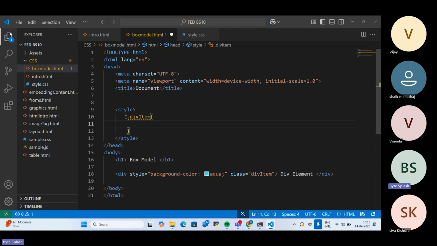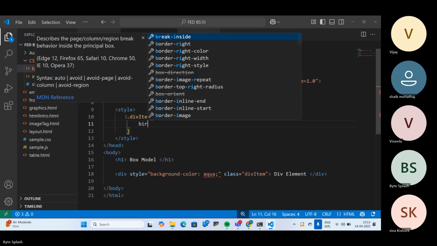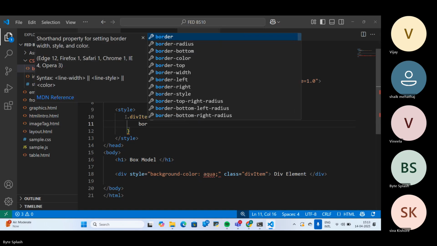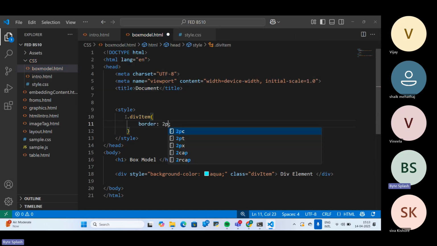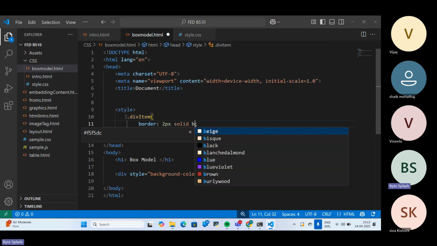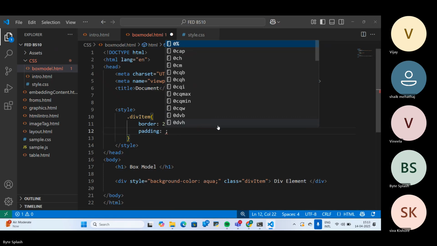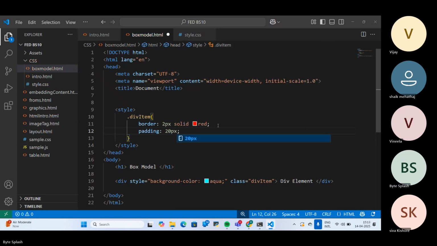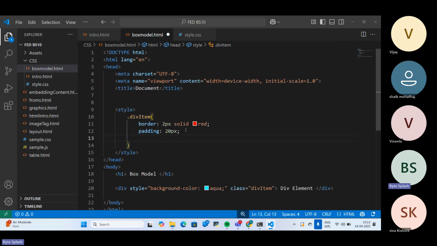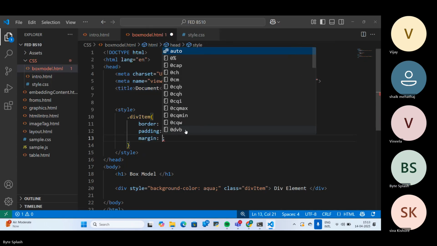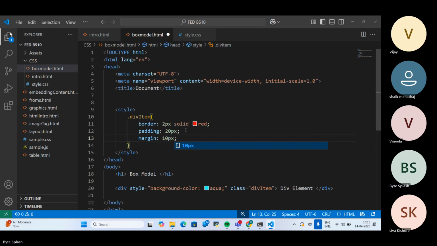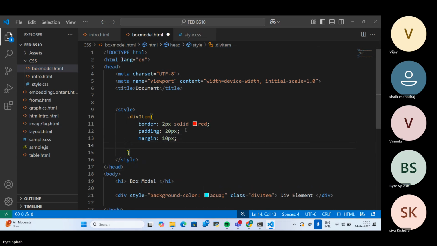Here I need to apply border, some 2 pixels, solid, then black, or else red. Now again padding, some 20 pixels. Now again at left margin, 10 pixels. Width,